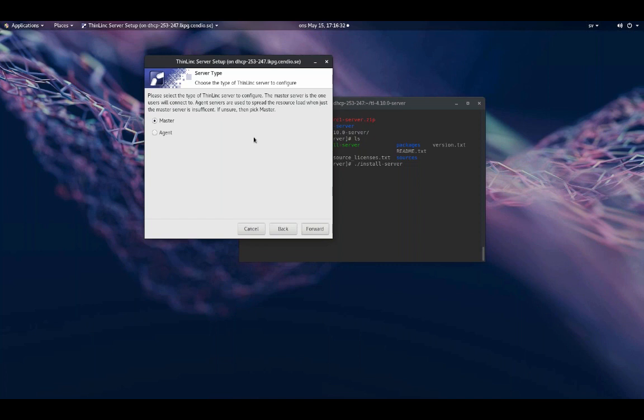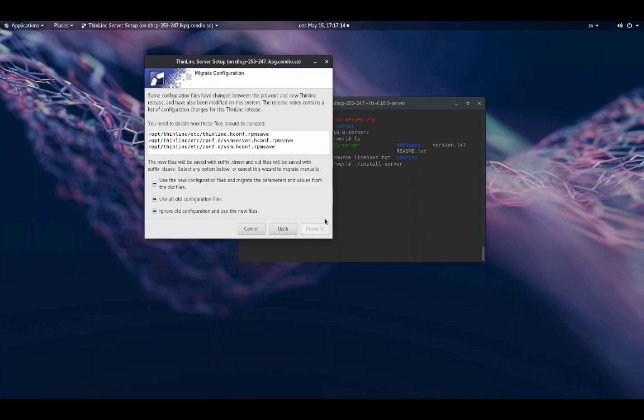And in this concept, we have these two different types of ThinLinc roles. You have the master and the agent. The master is the one that handles the load balancing and is the broker, so to say. And the agents are the machines that are running the actual desktops. But for this example, we're going to have a one machine setup, since the cluster would be a little bit more needed to demonstrate. So this machine is going to be both a master and agent, and for now I'm going to choose master, and the agent service will be started automatically.